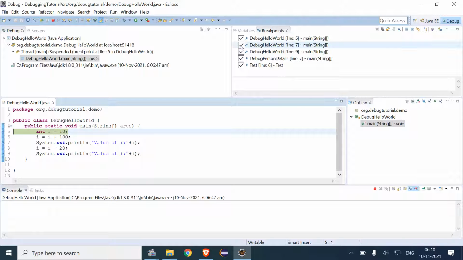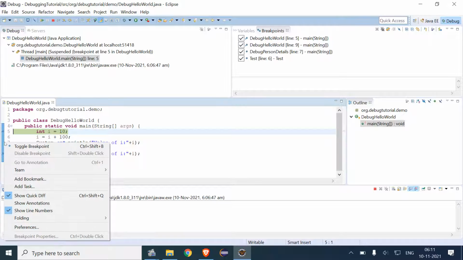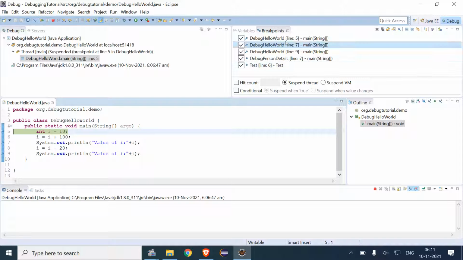If I want to disable the breakpoint, for example the seventh line breakpoint, we can just click on toggle breakpoint. The breakpoint will be removed here. And if we want to get it back, the breakpoint can be brought back also.